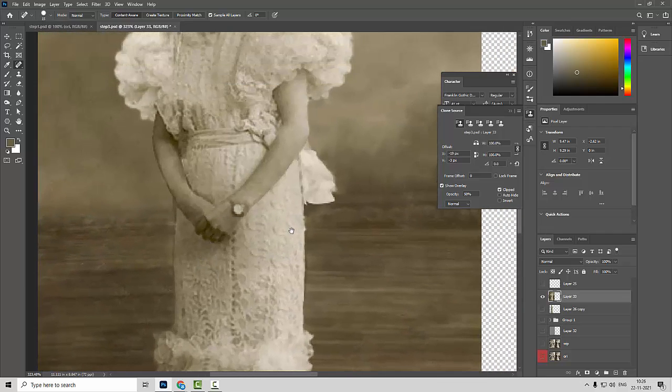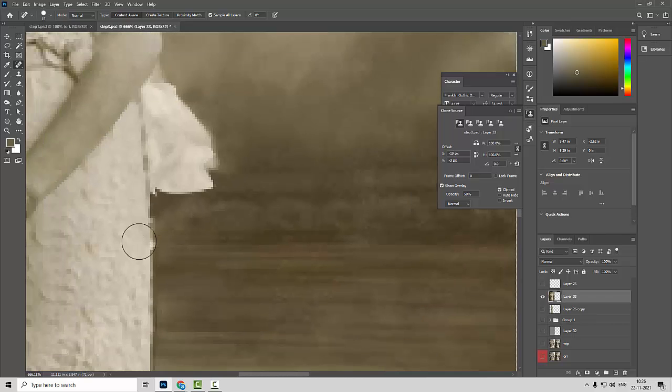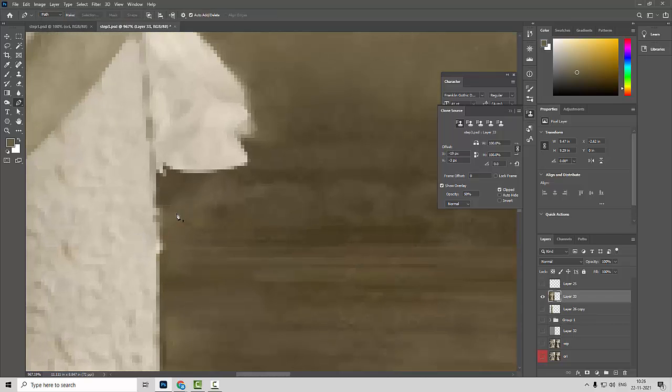Okay, so now we need to think over here also. So these edge corrections we need to do here, something like this, and press Control Enter.